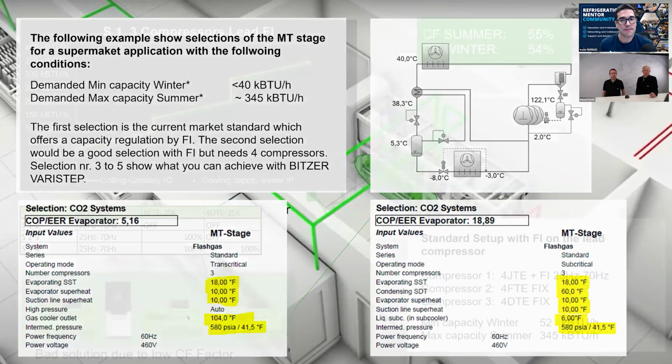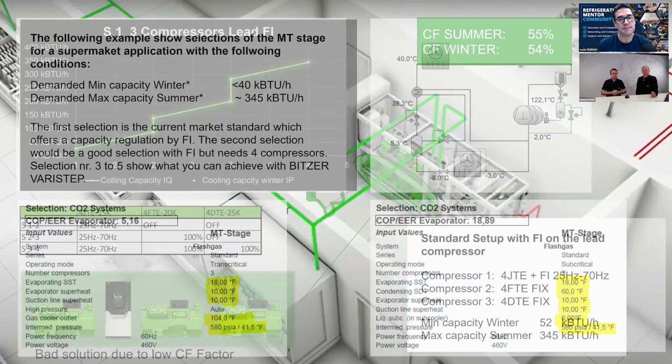If I look now to a first selection done in Europe in some supermarkets, the challenge is I want to have 345 kBTU, but I don't want to spend the space for more than 3 compressors. And they also tried to pay attention that the winter capacity is not so far away from the 40. So they put in a small variable speed compressor with 25 to 70 hertz. The problem is the next compressor is in the 60 hertz